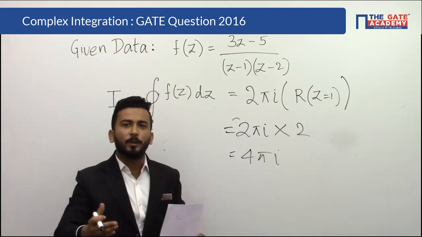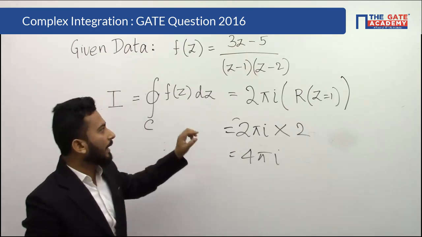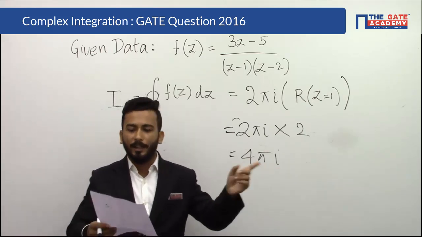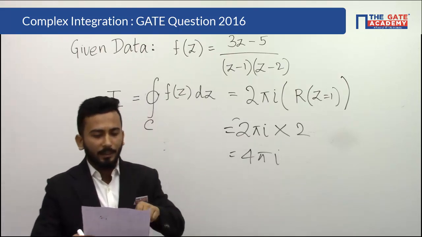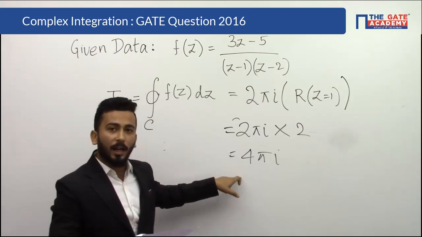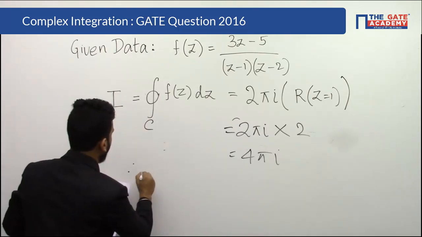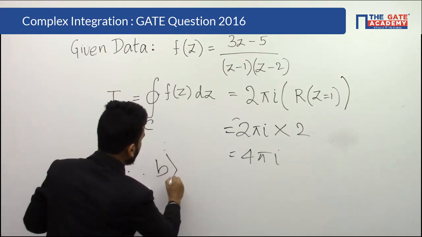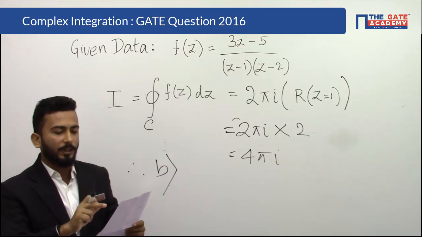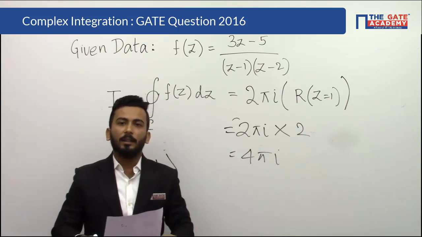So I am trying to see what comes out to be 4 pi i. Directly in the exam, in a hurry you can make a mistake taking 1 and 2 and mark option A, which is enclosing 1 and 2. You should not do that, because you need to match your answer with the answer given in the question. So our answer is B, which is the circle covering the coordinate 1. Thank you, students.